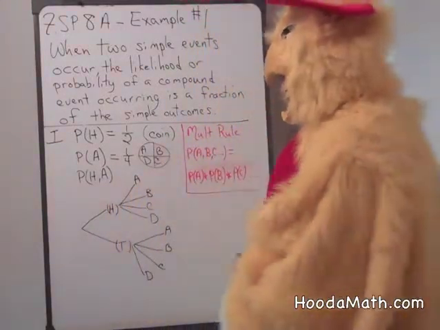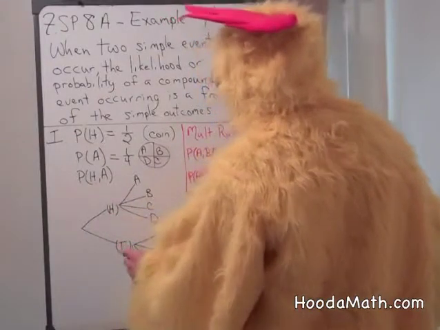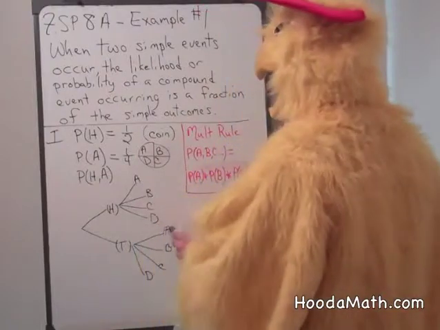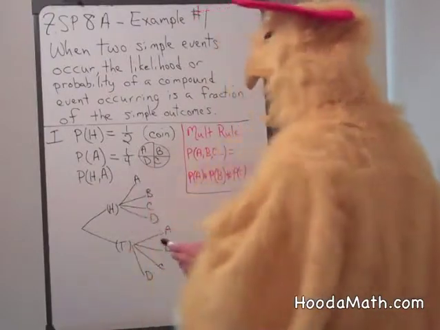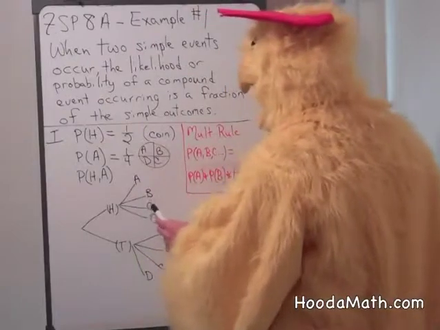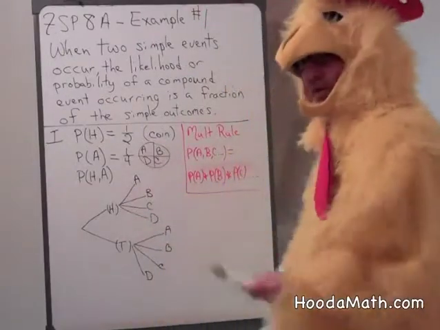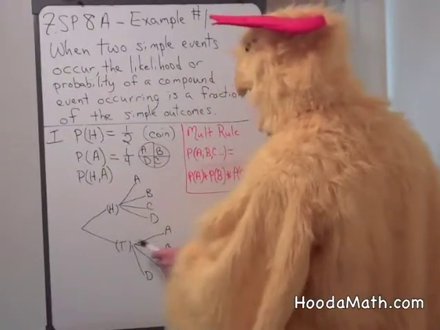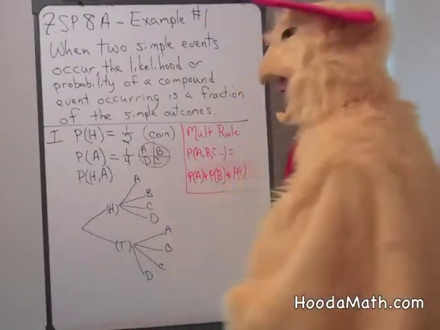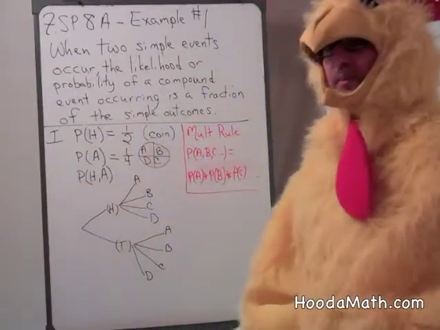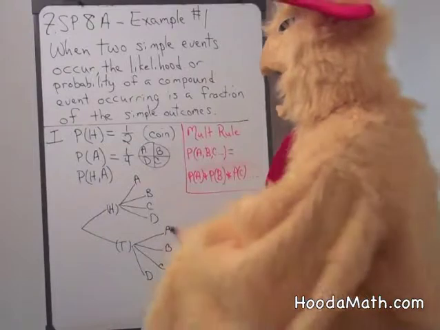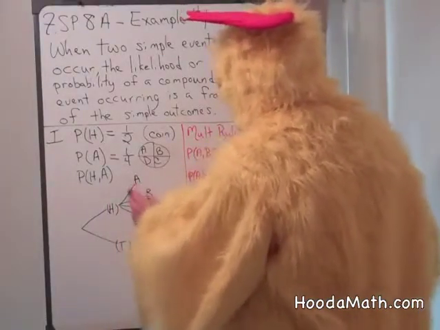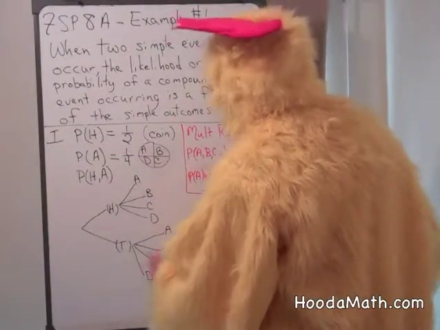Well, we would make a counting tree. You could get heads or tails. If you got heads, you could get heads and A. You could flip the coin and get heads and B. You could get heads and C, or heads and D. Or, conversely, you could get tails and A, tails and B, tails and C, tails and D. There are 8 total possibilities. The probability of getting H and A is 1 out of the 1, 2, 3, 4, 5, 6, 7, 8, or